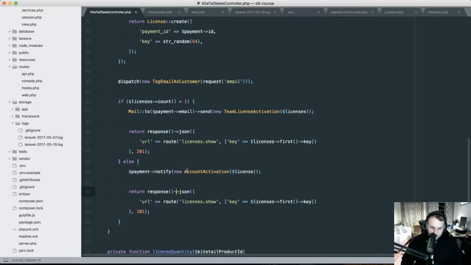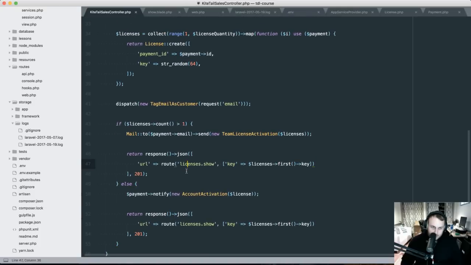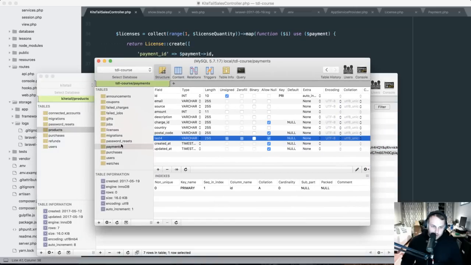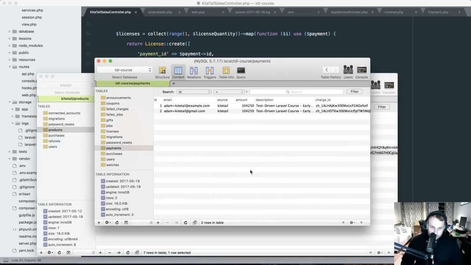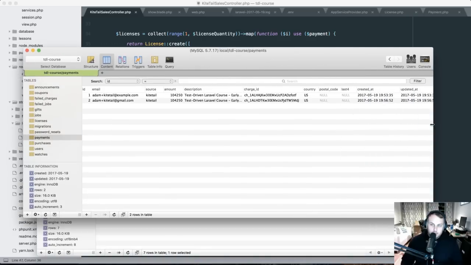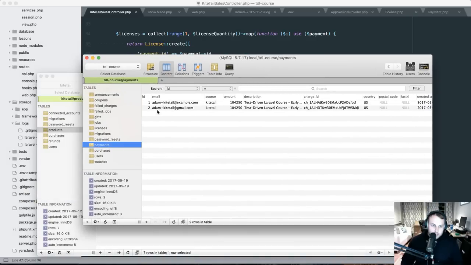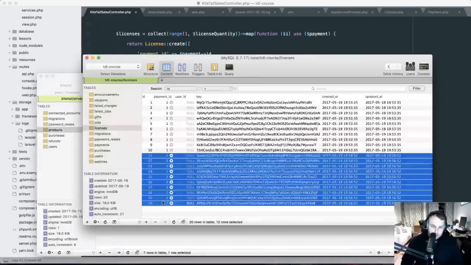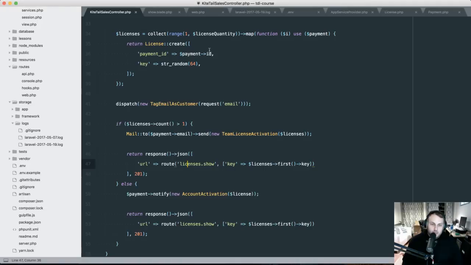So I think what we want to do here is let's take a look at the database, and I think we can finally work in the context of one app for a little while and think about how to do this nicer. So here's payment 2, which was the last one that we did. It should have 10 licenses, and it does. So let's make a new view that's like a team licenses dot show, and